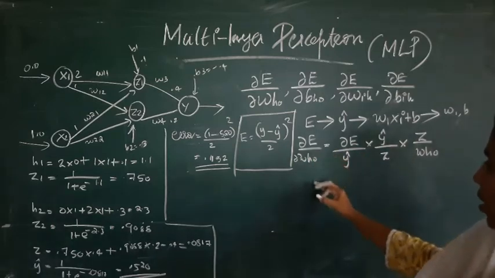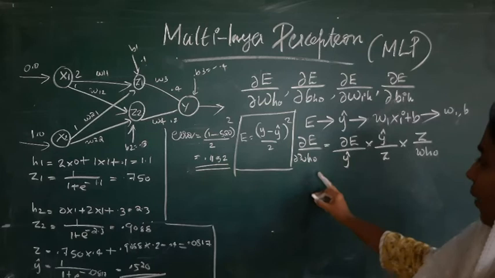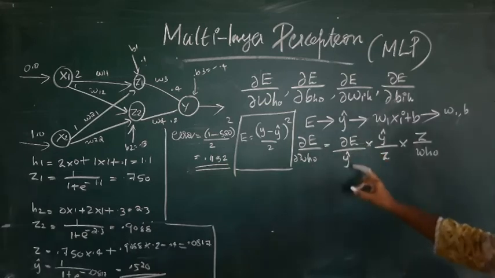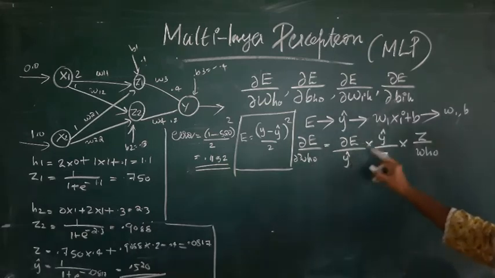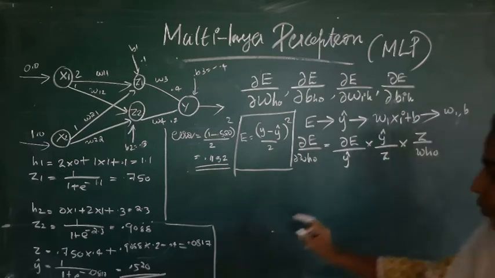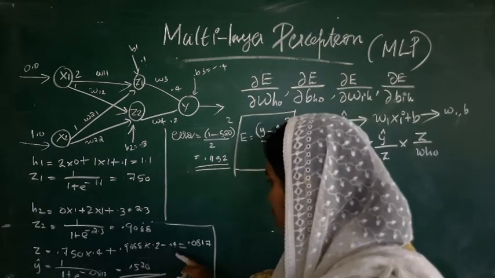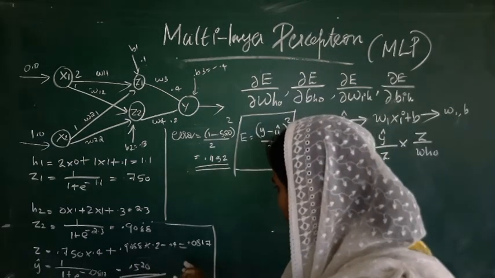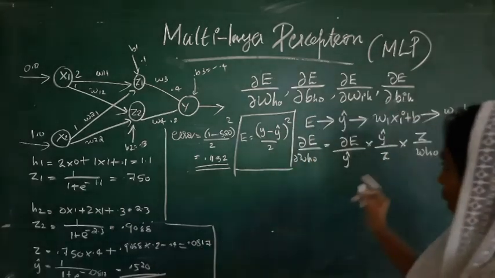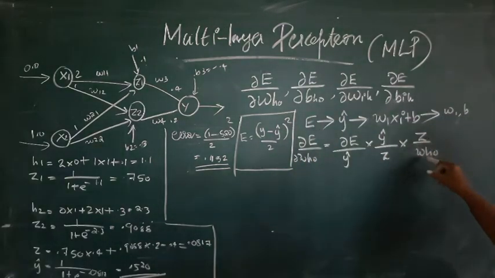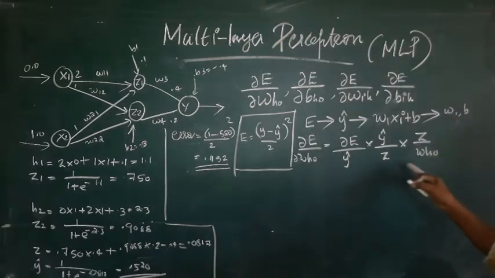This is how we establish a relationship between error and weight. That is, error depends on the calculated value of output. The calculated value of output depends upon the value of z, that is, the value of ŷ just before applying sigmoid, and the value before applying sigmoid is directly the weighted sum of inputs and then the bias. So we have the weight term here. Now we can find the partial derivatives, so we will do that.